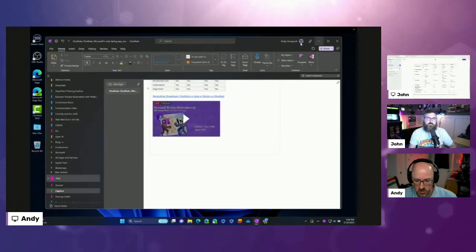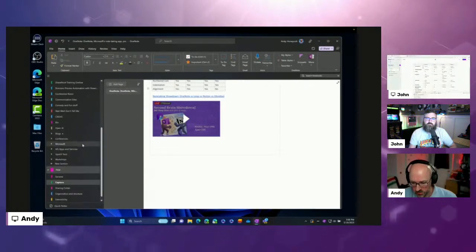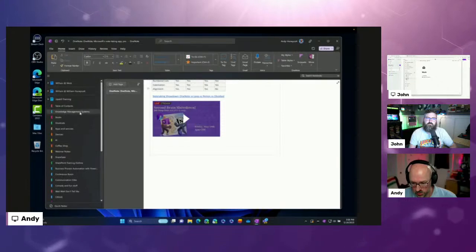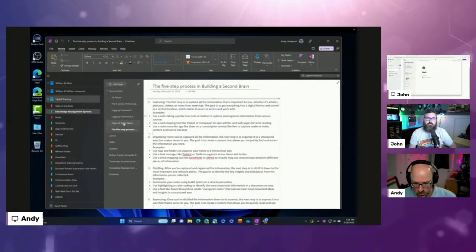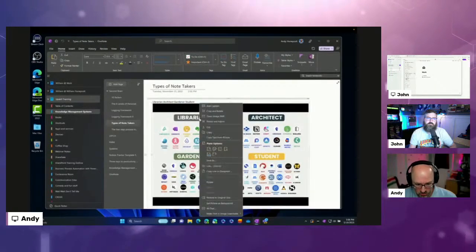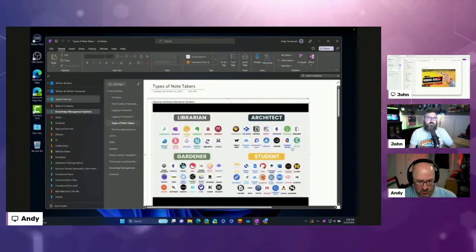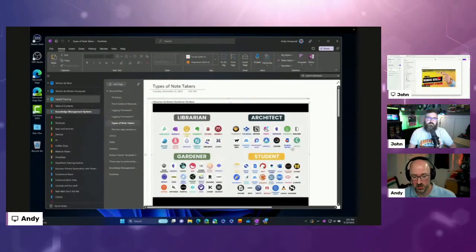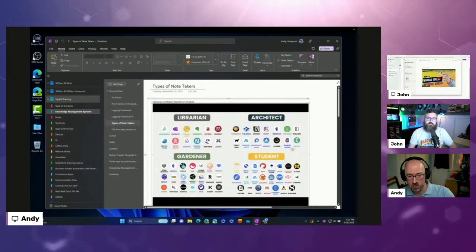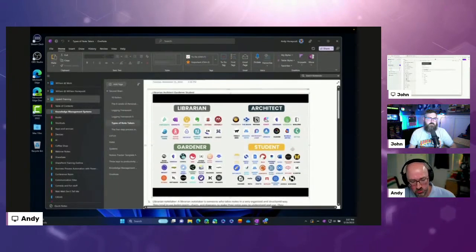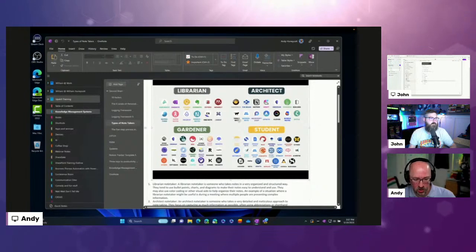We talked about the OCR. Let me see if I actually have an image we can try to capture with, see if I can get anything out of this one. Copy text from picture. All right, so there's a bunch of text in this picture. These are all the different types of note takers. This is actually a really cool talk from a YouTube video. I really liked it. It talks about all the different apps.